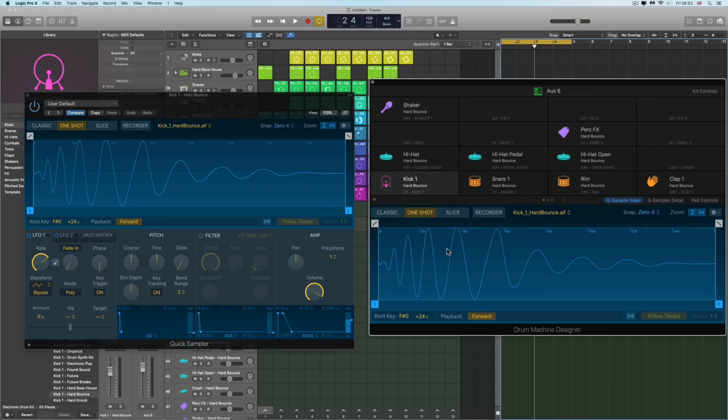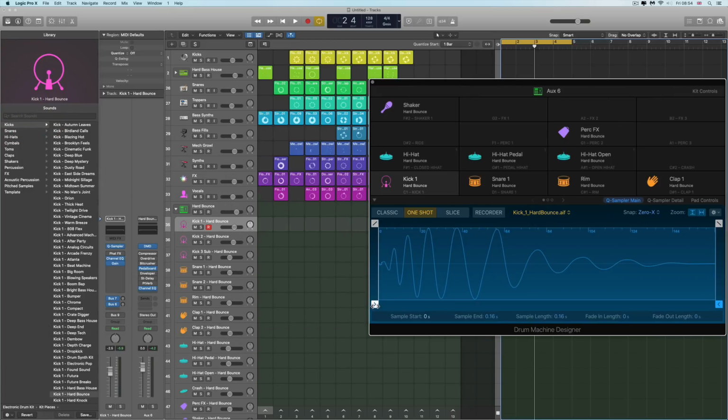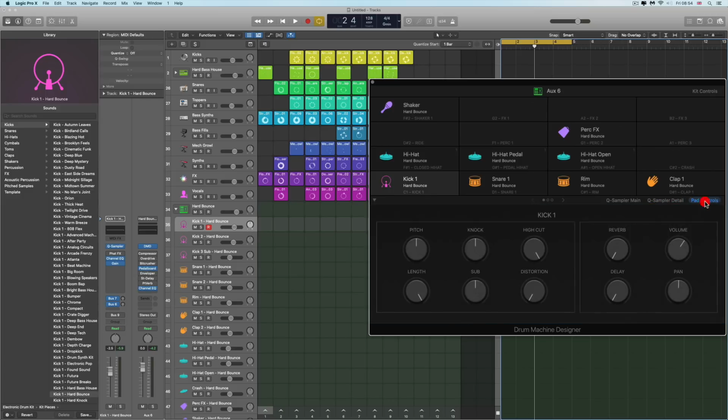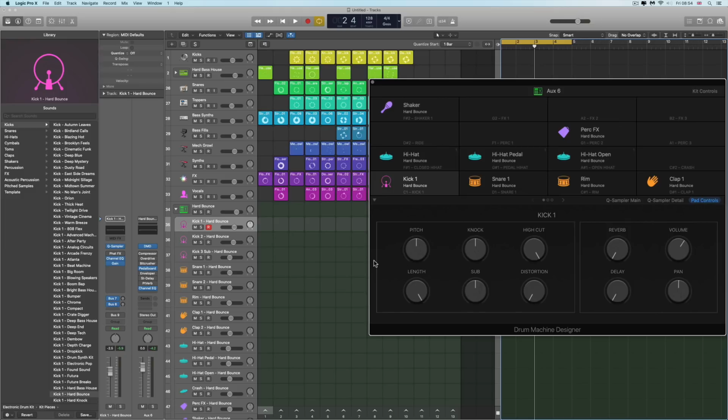You know, all the same features are here, but on Drum Machine Designer, to get to the different sections of the quick sampler firing off that kick, we step through the different parts of the quick sampler in pages. So I'm looking at the main window where I can trim the sample start and end and do a fade in, fade out, etc. Then I can switch to the sampler details where I get all the filters, the LFO, envelopes and what have you, and then finally pad controls. And these are smart controls assigned to different parameters of the synthesis and parameters that you can adjust to modify it, as well as a reverb send and delay, because like the old Drum Machine Designer kits,